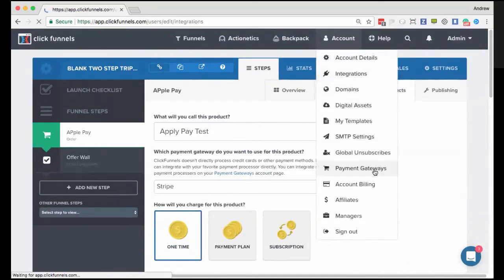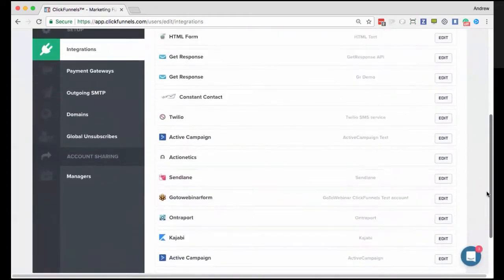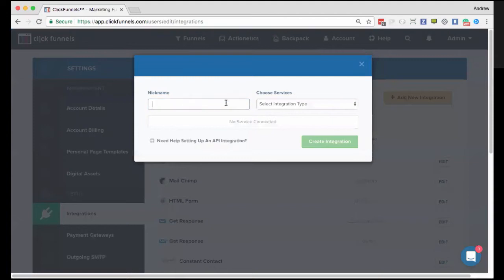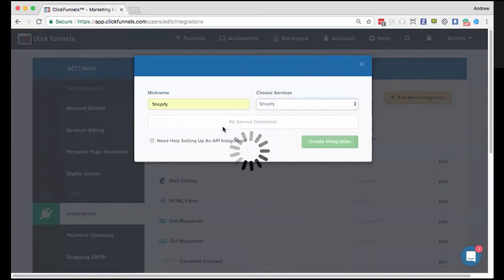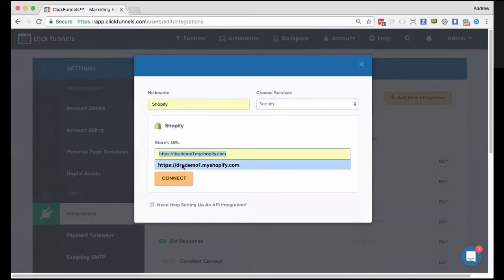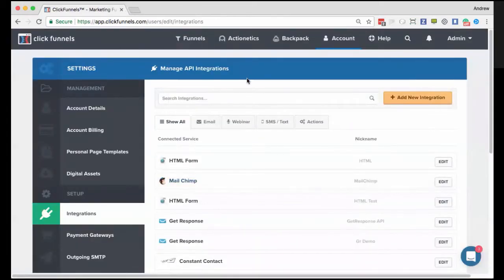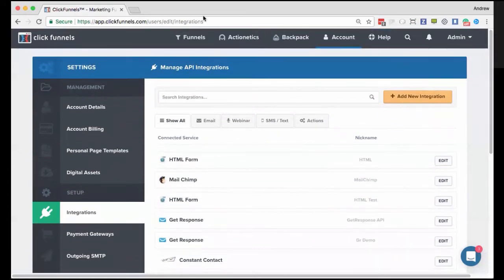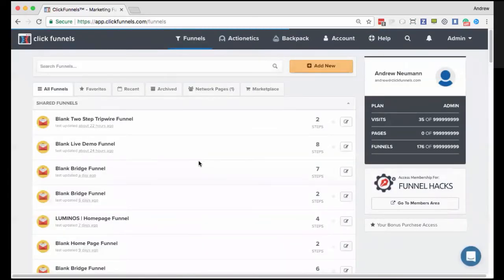So it's not going to pull that specific product. Let me see. We'll go in here and integrate this really quick. So you can see how that pulls in. I'll have to go into my Shopify demo store and kind of tinker with that a little bit.